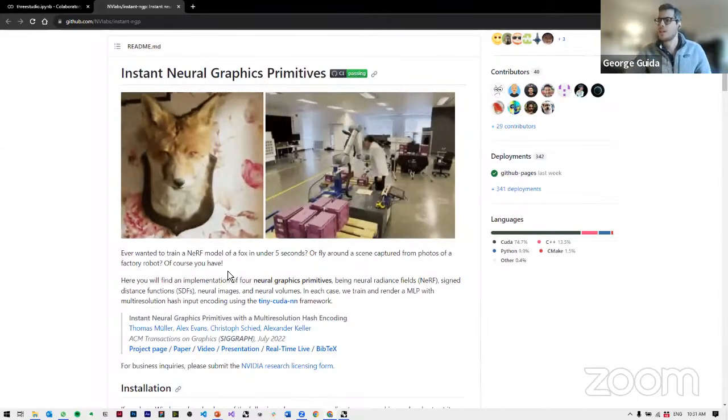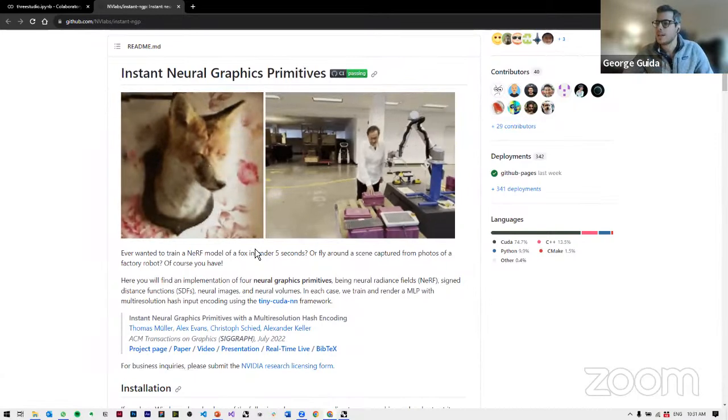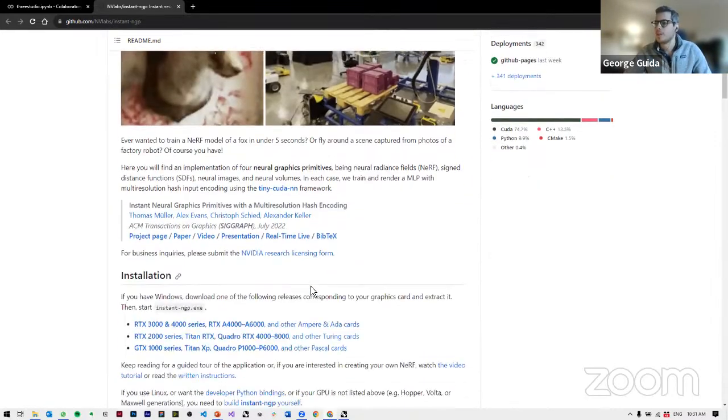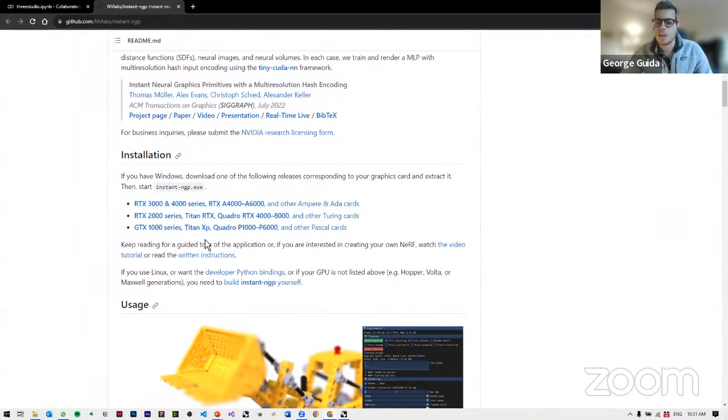Essentially, this is a great tool you can use locally on your machines, and it helps with NeRF generation very fast, and the installation process is super simple. It depends. It's super simple for Windows users. For Mac users, it's slightly more challenging. However, if you do have Windows,